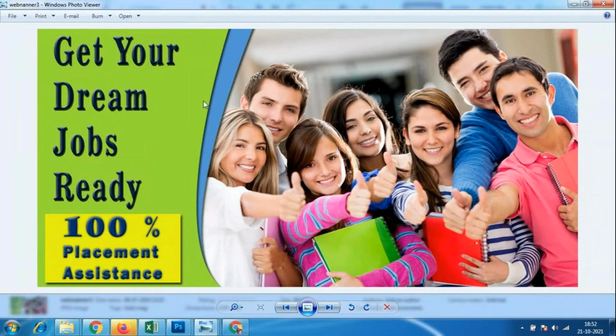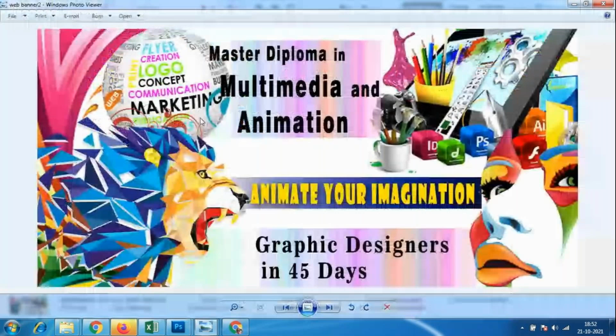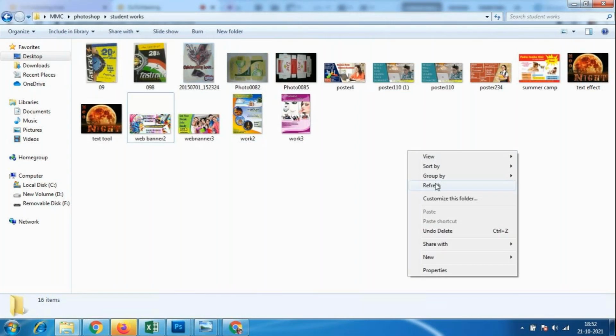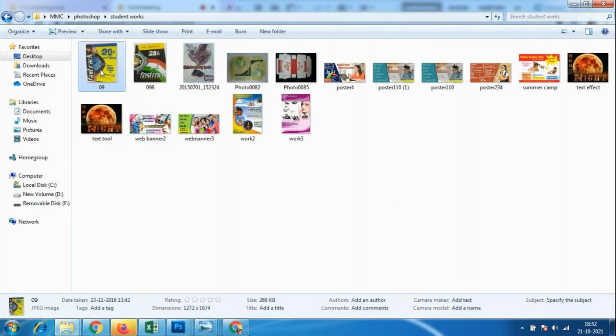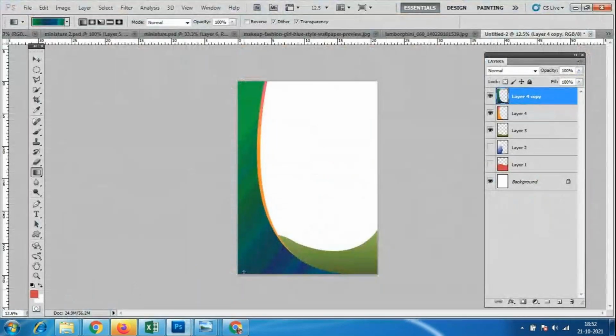Using the curve shapes we can create many different things. We have added the curve shapes over here. These are the things students created using the curve shapes. Not that easy, this tool.